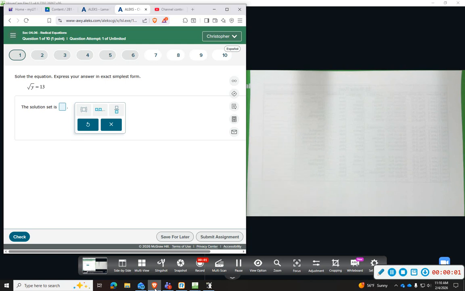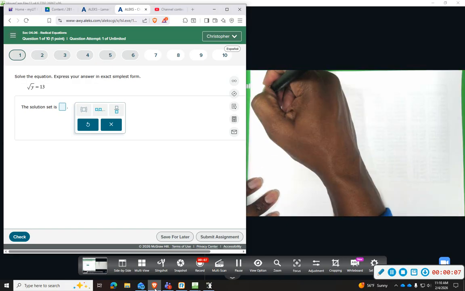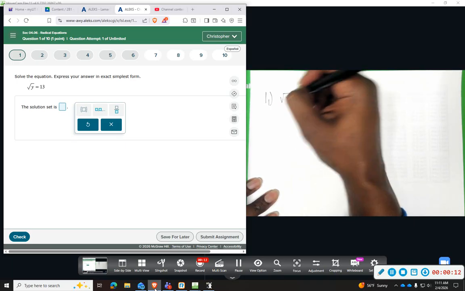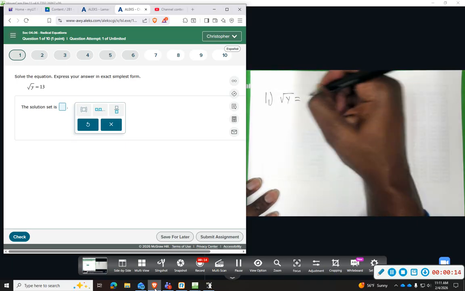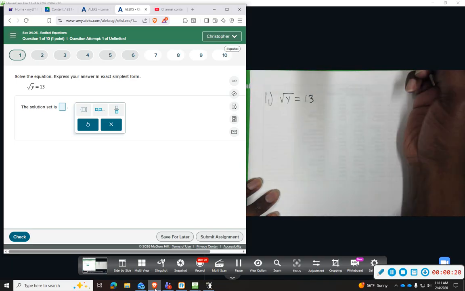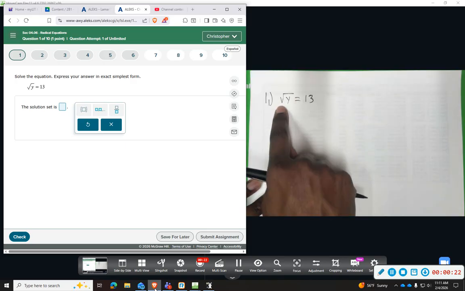All right, 4.6, radical equations. Number one, we want to solve the equation, and we're going to put our answer in simplest form. So we start out with the square root of y equaling 13. All right, so the primary tactic we're going to use to solve these equations is to isolate the radical